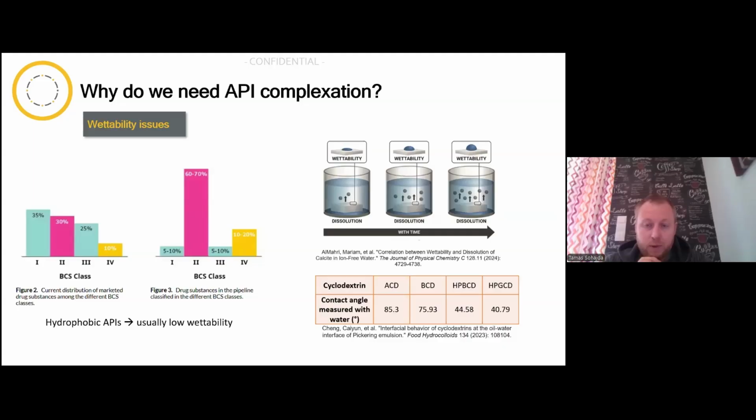So how do we overcome, or how much can cyclodextrin improve the wettability? Because that's one key technical parameter. And in this paper, it's fairly well described and even well reflected how the different types of cyclodextrins can affect the wettability of certain active ingredients. So you can see that the differences can be rather dramatic. So it's very critical to choose the most proper one in order to have the fastest dissolution, not just a complete